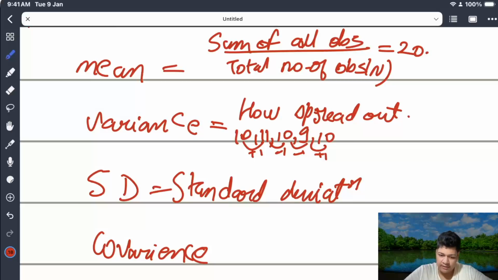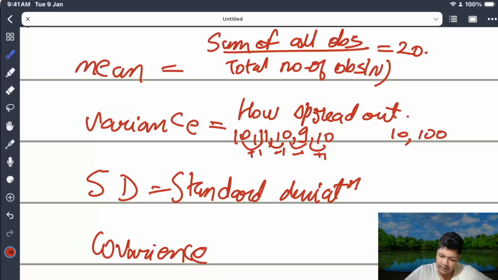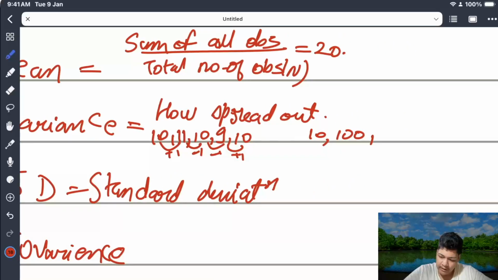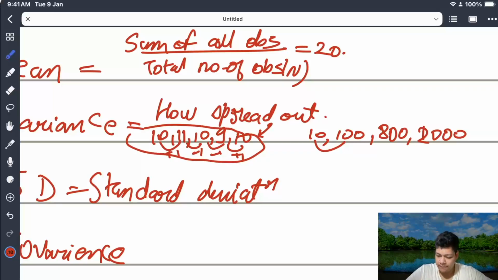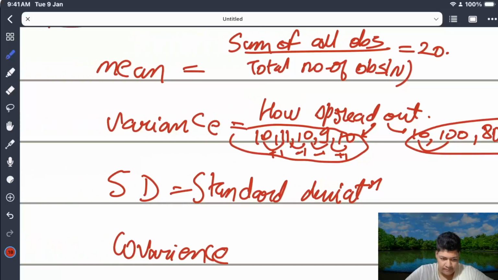And suppose there is a set like 10, 100, let's say 800, let's say 2000. So here the spread will be minimum for the first set, because the values are very close to each other, while for the second set the spread is very far away. The variance of this